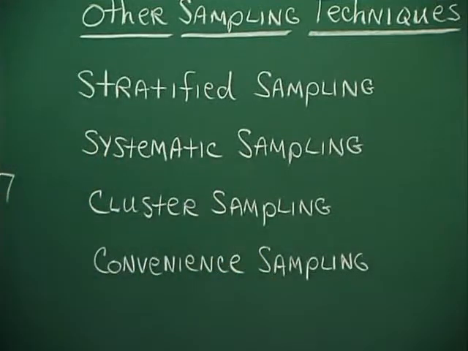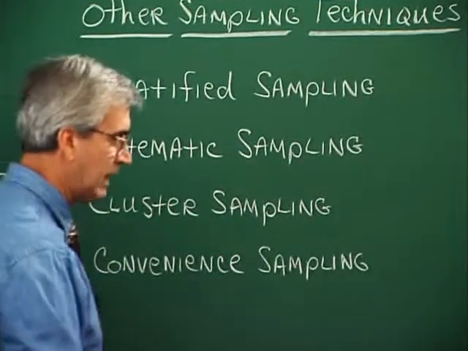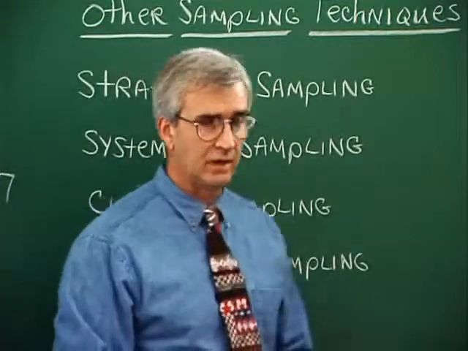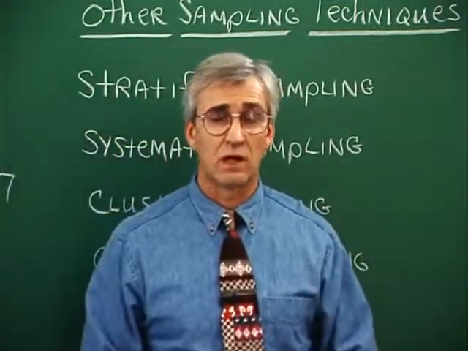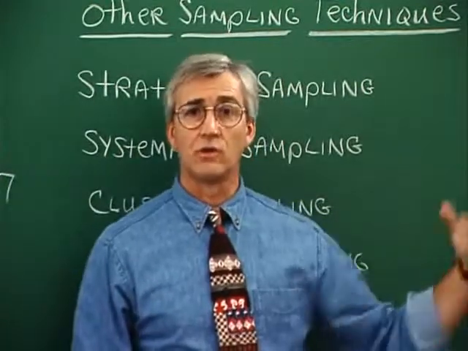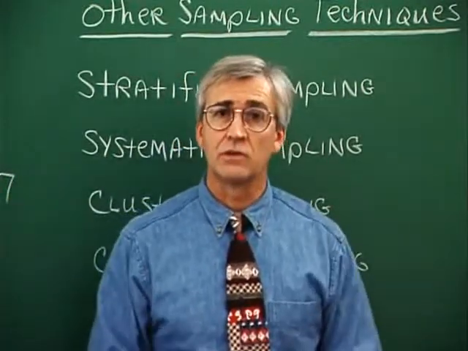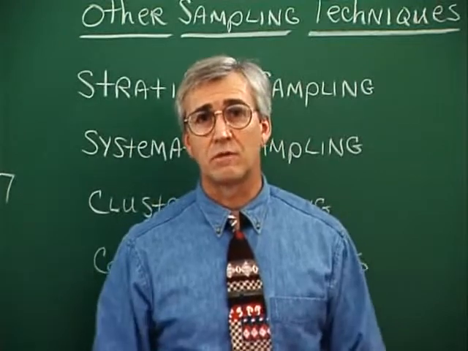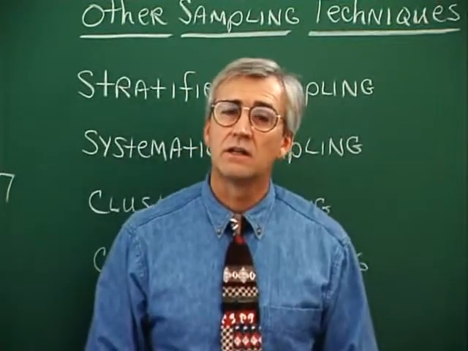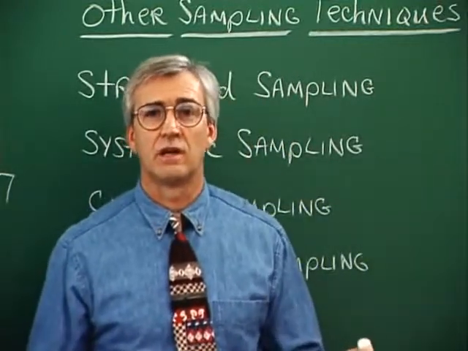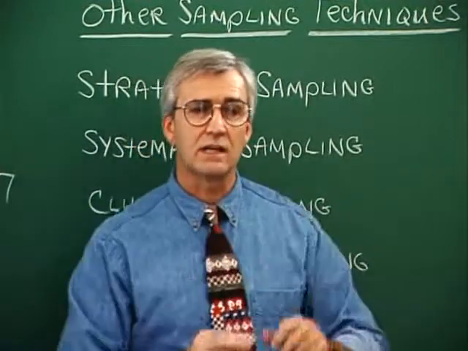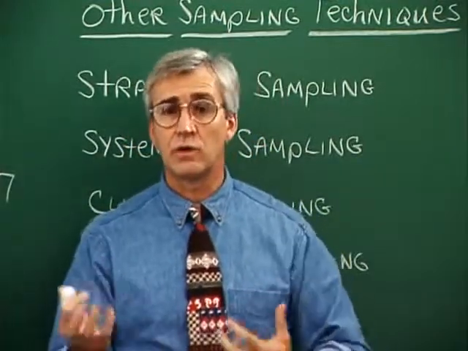Convenience sampling probably contains the most bias of all of these and all of the examples that we've had before. Convenience sampling is, as the name implies, a survey according to convenience. What's easy? Well, what's easy is go outside the door and pick the first couple of people you see and survey them for whatever purpose. This is often done with the newscasters. They'll go to a site and they'll get an opinion of 2 or 3 people.